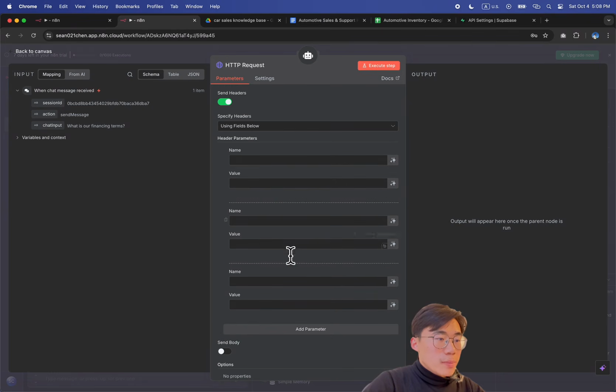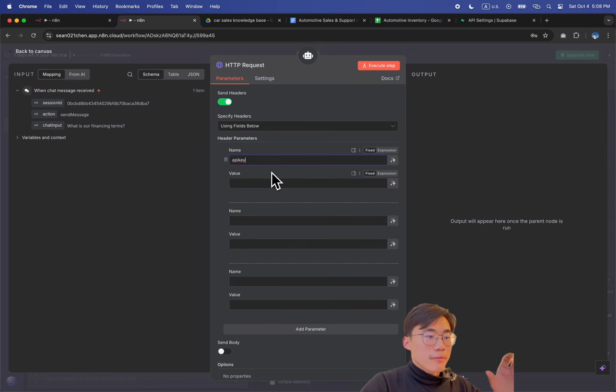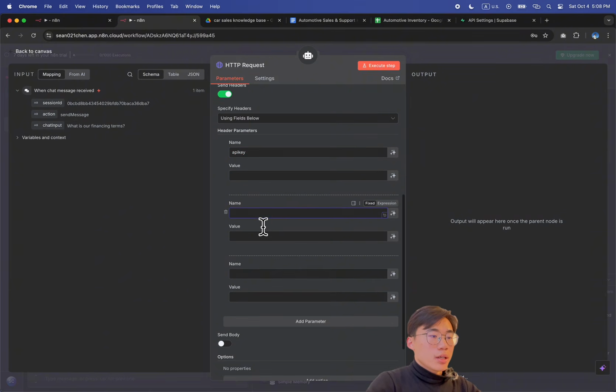The first one is an API key. This is exactly the same as writing a curl to query things from an API, okay? But now you just basically manually put in these parameters. Another one is called authorization. The third one is called content type, okay? The value is basically